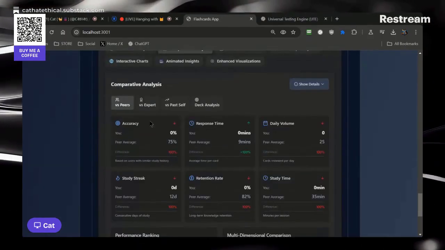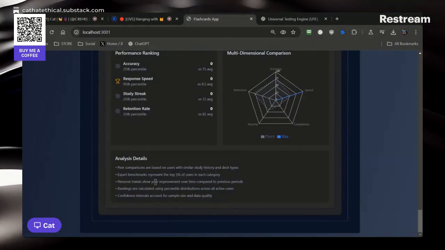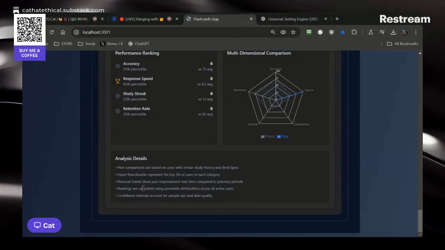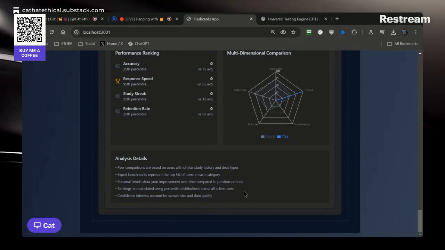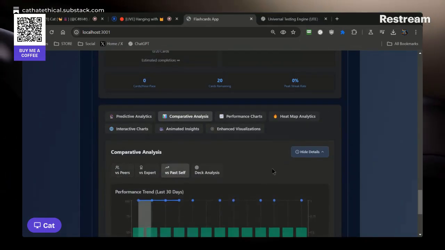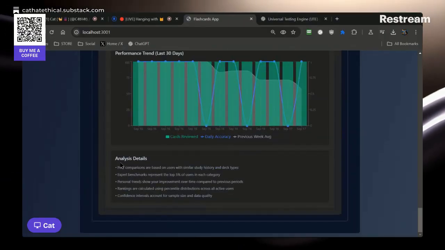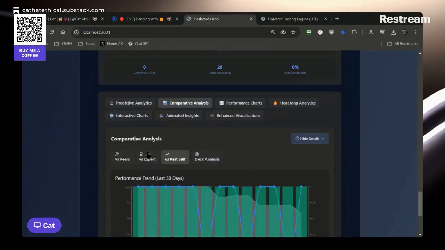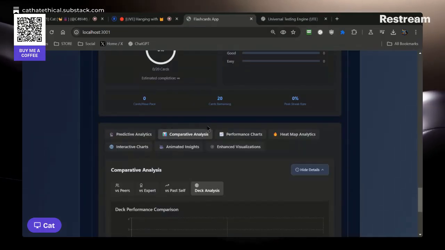But hang on. I've got to have these details on everything. Personal trends show your improvement over time. Rankings are calculated using percentile distributions across all different users. And then let's see here. This would be comparing you versus yourself. Pure comparisons. Let's see. And then